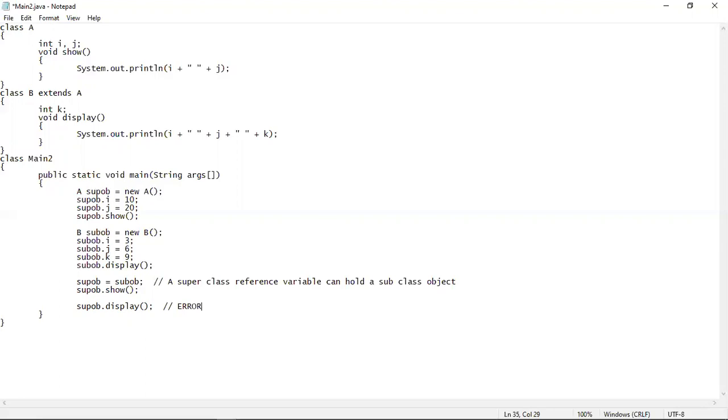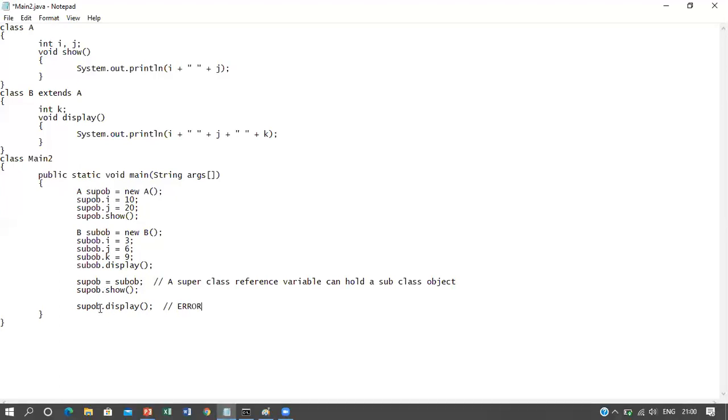The supob is still the superclass reference variable, and a superclass reference variable can never be used to access the subclass contents, because we have already told you that a subclass object can be used to access the superclass contents, but the vice versa is not true, because subclass inherits a superclass, superclass doesn't inherit subclass.